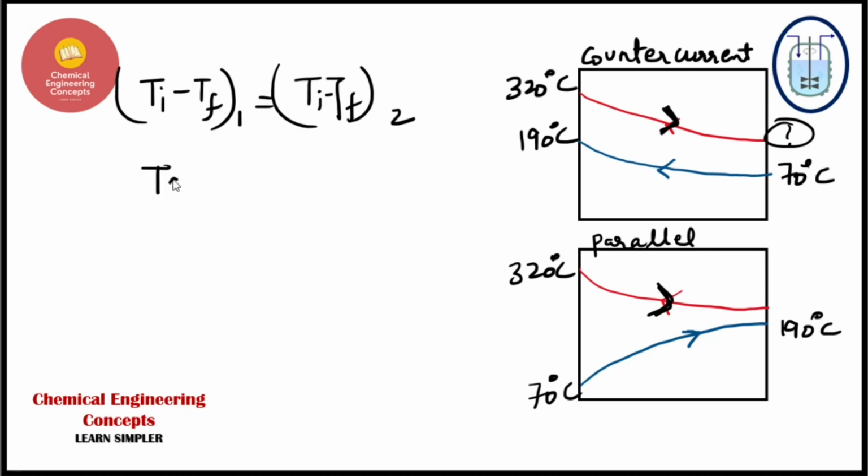So T_F for the hot stream, that is the 2 number, will come up to be how much? It is coming up to be 200 degrees centigrade, guys. And if you write it in kelvins, because to calculate the entropies we have to use absolute temperatures, the temperature will be 473.15 kelvins. So this is the temperature that we have.